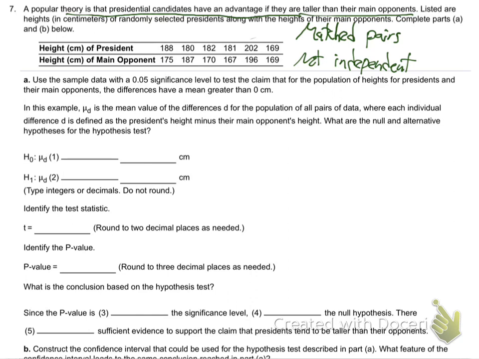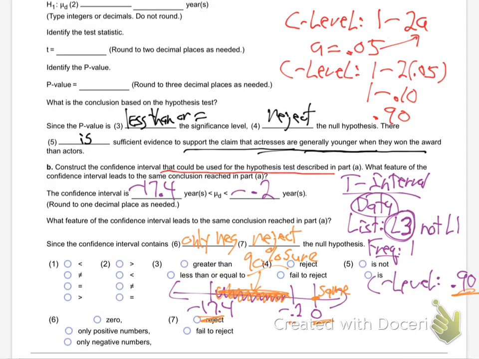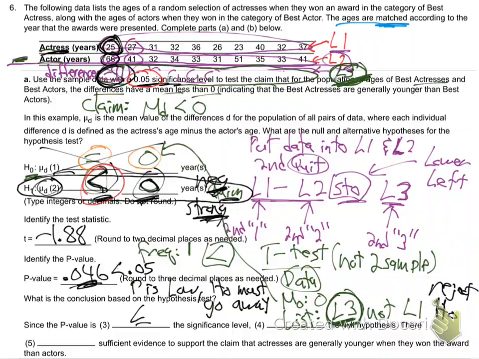It's like the actors and the actresses. Okay, so which means we need to find the differences between them. We don't. The calculator will. Put data in L1, data in L2. So I'm just going to run through it quickly. We've done this a couple times now. So if you go back here